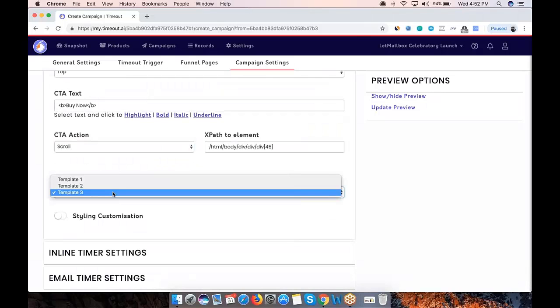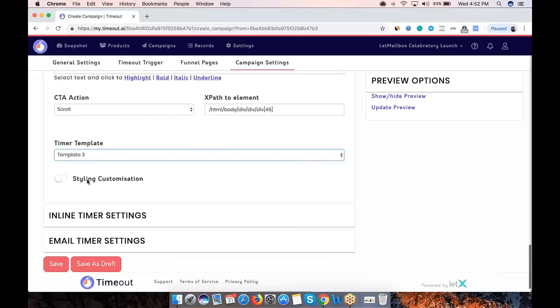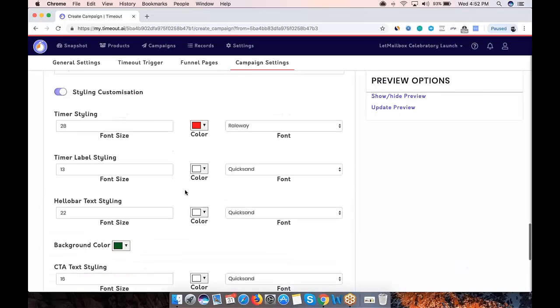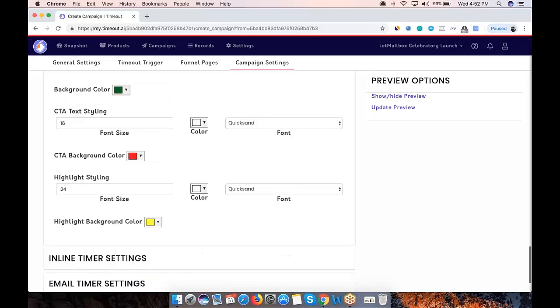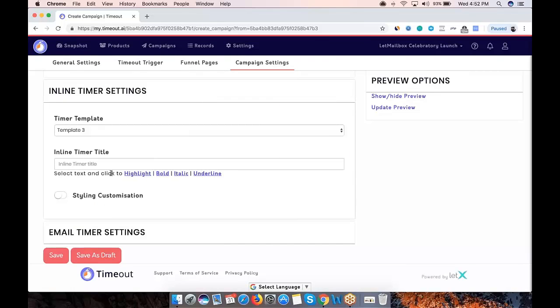The next thing is that you can simply select the timer template as well. We have a range of 3 templates, which you can preview by clicking on the show or hide preview button over here. And then as soon as you activate the styling customization, you see more and more settings. The idea is that you can customize this to the look and feel of your page, while we have our preset settings, which we feel work the best. But just in case you want to customize this, making sure that it looks integrated within your page and is a part of your page, you have all the customizations at your service right over here. Then similarly, you can choose the inline timer settings,